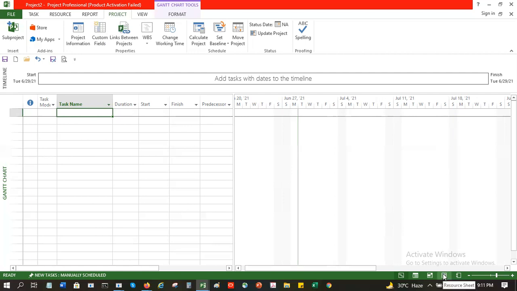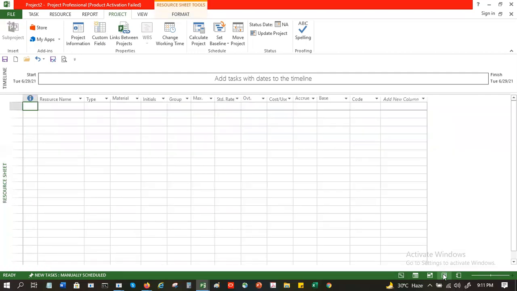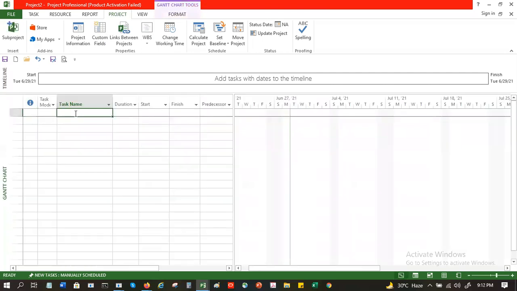And then the next important thing is to create your resource calendar, resource master rather. So this is your resource sheet. When you click on resource sheet, you get the details here. From where do you get the resource sheet? There are two ways to go to it. One, at the bottom here, this is resource sheet, on the right bottom side.